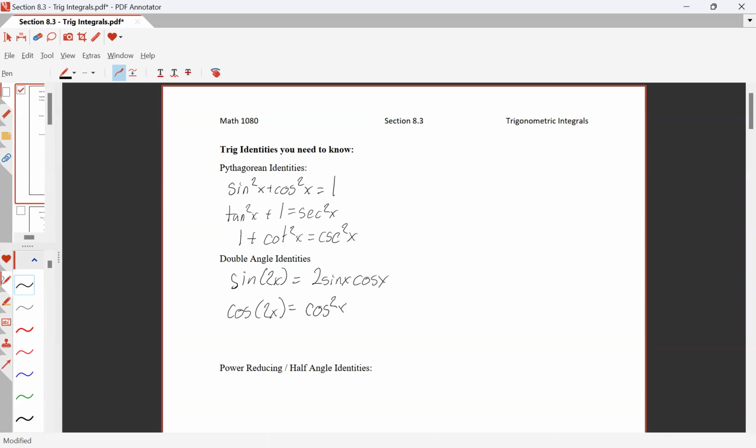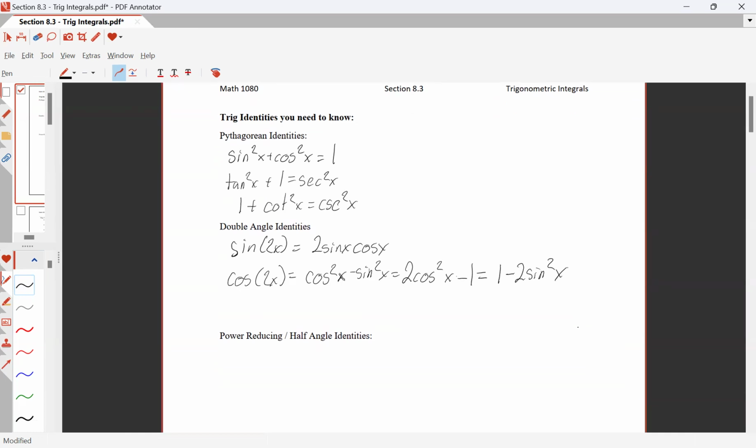We can write it as cosine squared x minus sine squared x. We can write it as 2 cosine squared x minus 1. And we can write it as 1 minus 2 sine squared x. Three different ways to write cosine 2x. And the last, these will come up